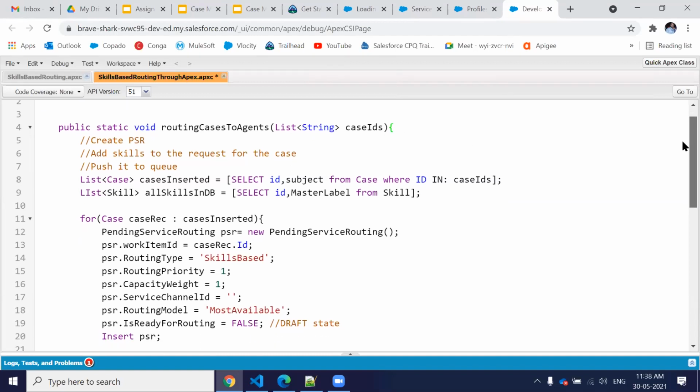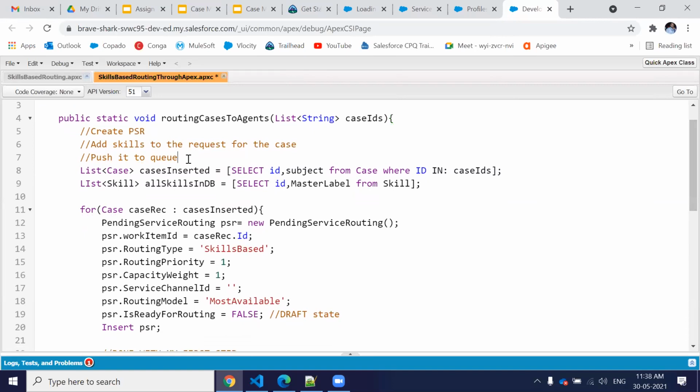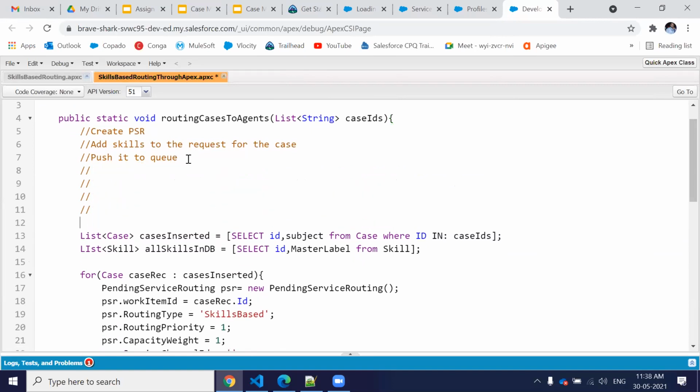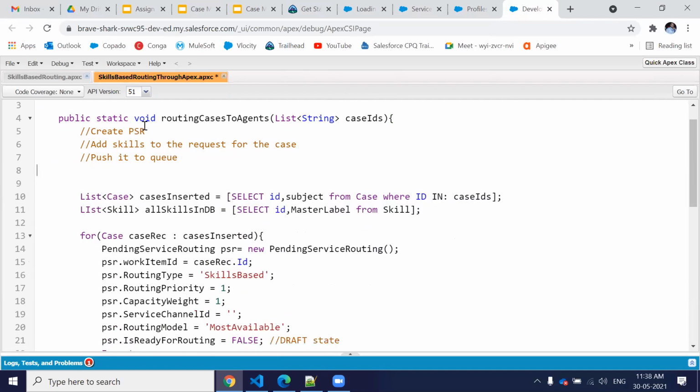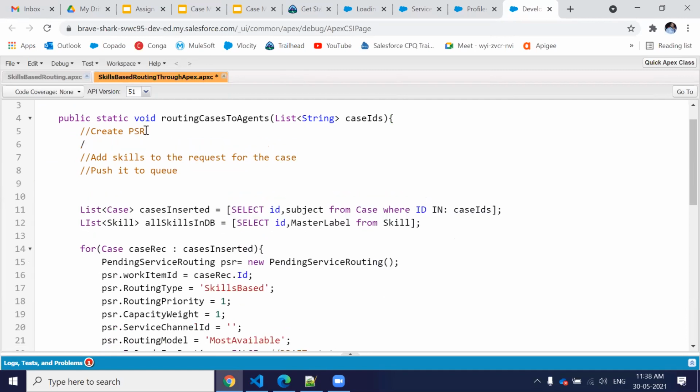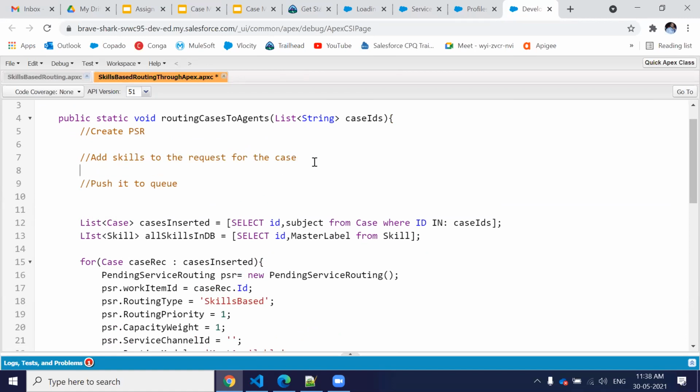After that, these are the three steps you have to follow. I'm going to explain what these three steps are. First of all, you have to create a pending service routing. This is an object inside Salesforce.